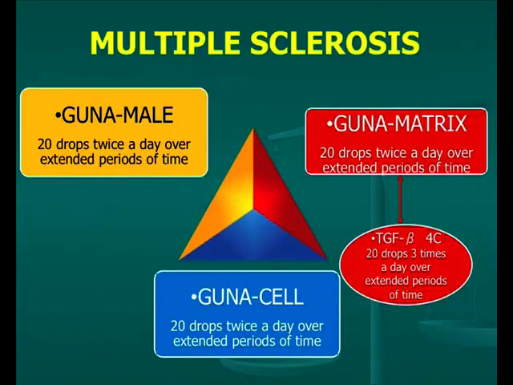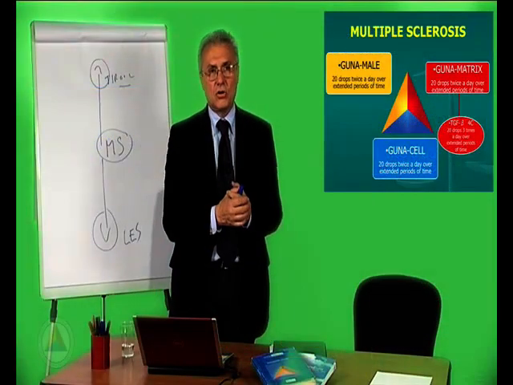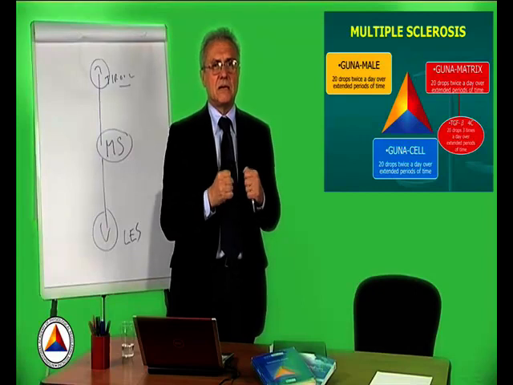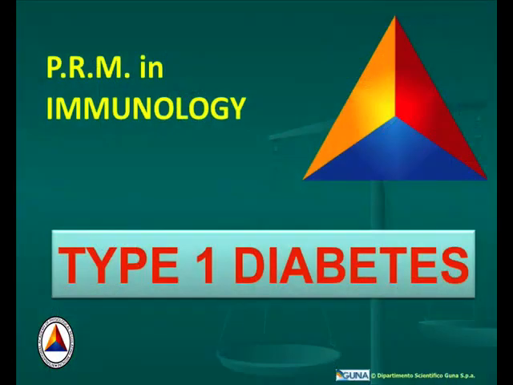However, the cytokine TGF-B4C is very interesting. With 20 drops 3 times a day, it is able to modulate the severity of the disease, allowing it to pass from an aggressive disease to a less aggressive disease. Certainly, we should not exclude the fact that we may periodically resort to the administration of small doses of cortisone. But the pathology can truly be made to have a much less aggressive clinical behavior. Drops of TGF-B4C, therefore, represent a significant and extremely important therapeutic promise.